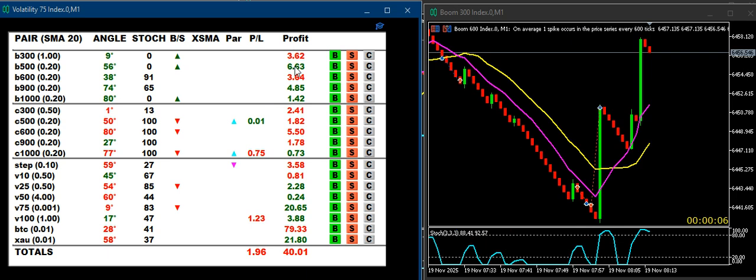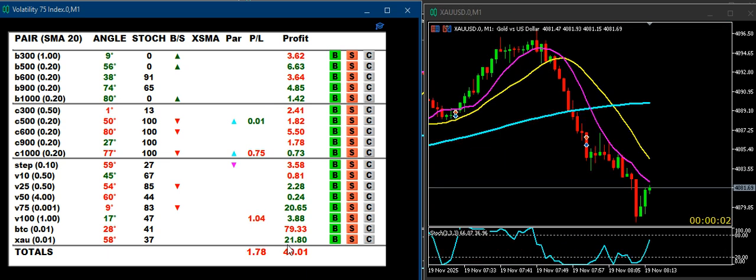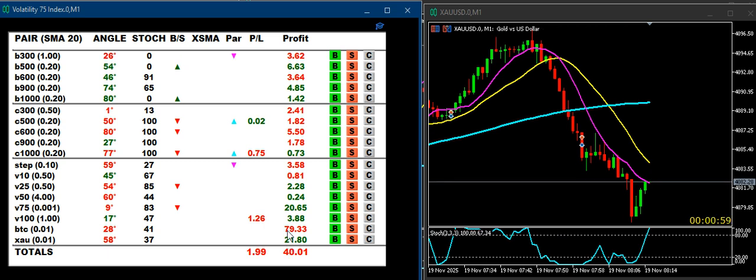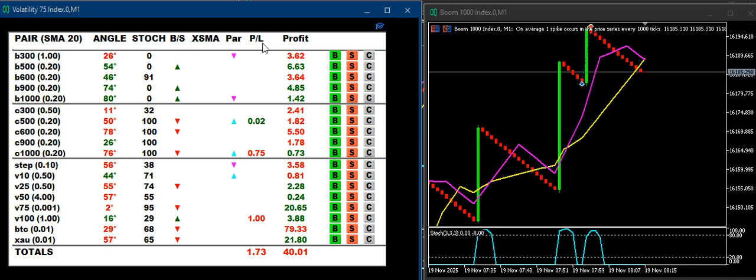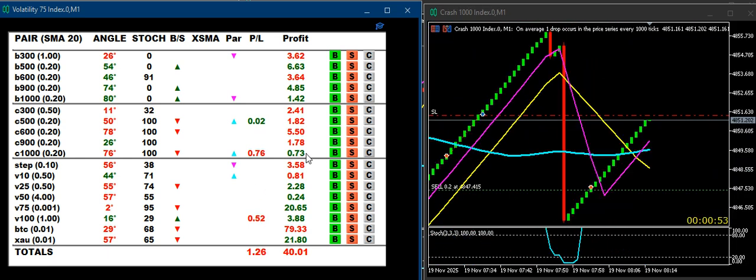So basically, this gives you your total profit on it for the day. Every night, zero out at the middle of the night. And this is your open profit. And if you see profits there, you can close, or you can go and have a look and see, okay, that one is going to hit the stop loss there. So maybe remove it or move it higher and just grab another sell. So we don't crash 1000, maybe grab another sell there. I don't recommend that, but that's another way to actually do it.